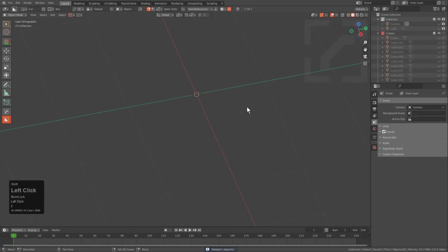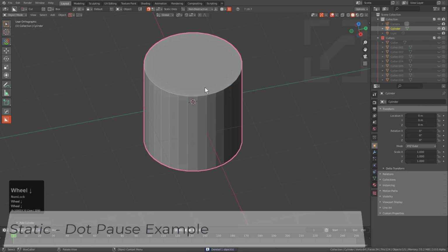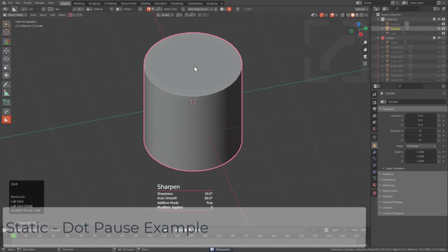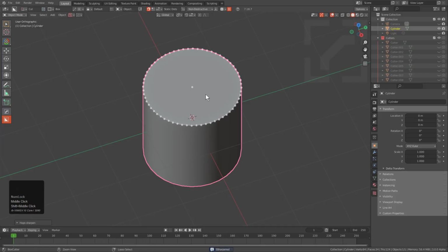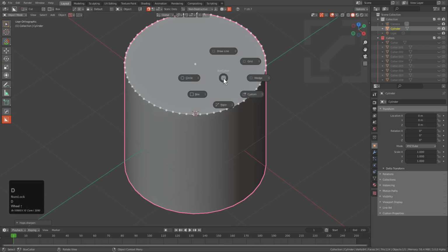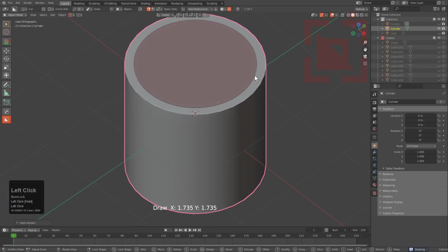One of the things I like doing with snap is pausing to keep a jump off point for later. So for example, we have this cylinder. We'll press Control and begin snapping. We'll press Tab in order to pause it. If I were to press D and jump to circle and we begin drawing a circle, and we press taper